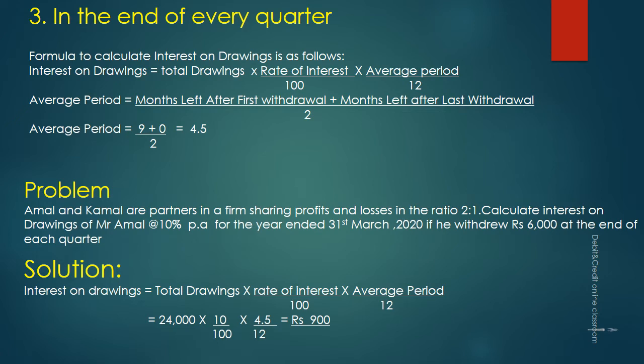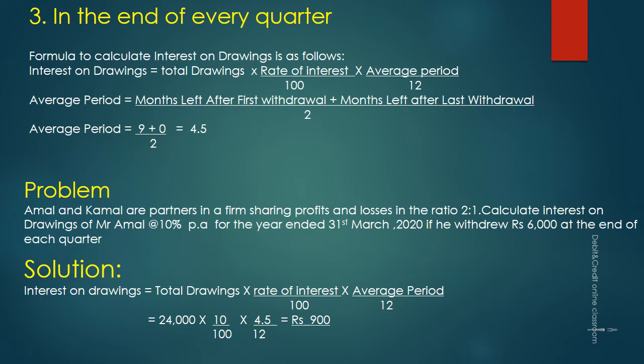Now let us see how we will solve this problem. Aman and Kamal are partners in a firm sharing profits and losses in the ratio 2:1. Calculate interest on drawings of Mr. Amal at 10% per annum for the year ended 31st March 2020 if he withdrew 6,000 at the end of